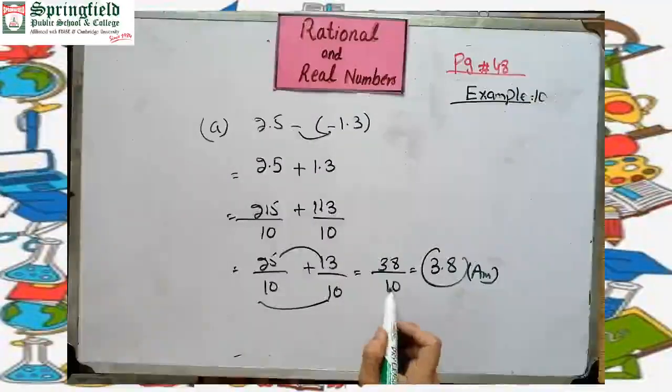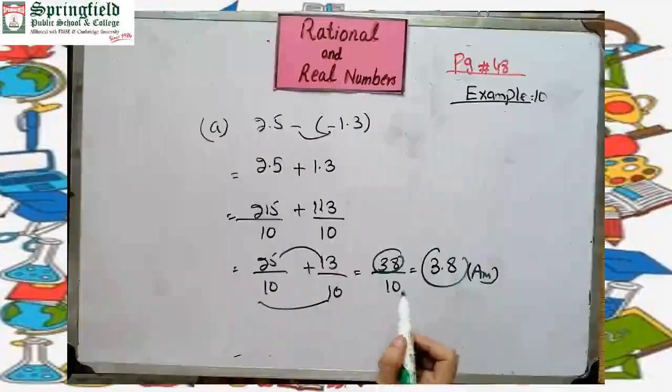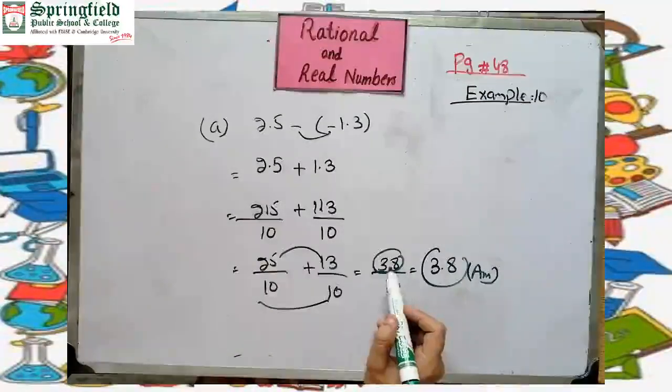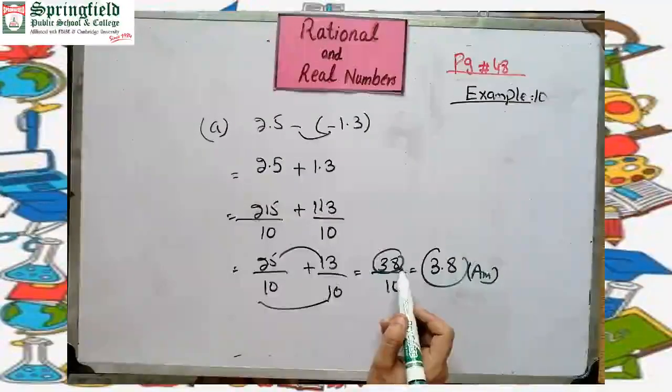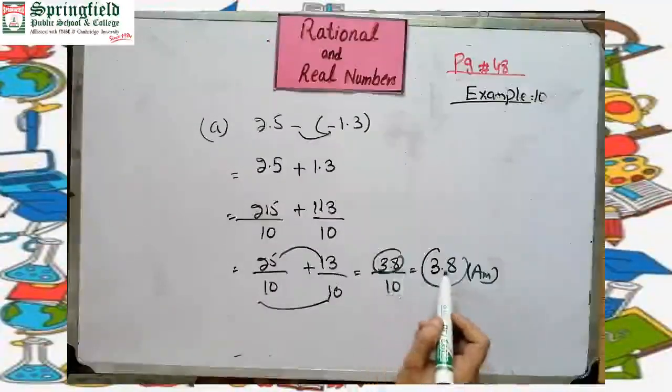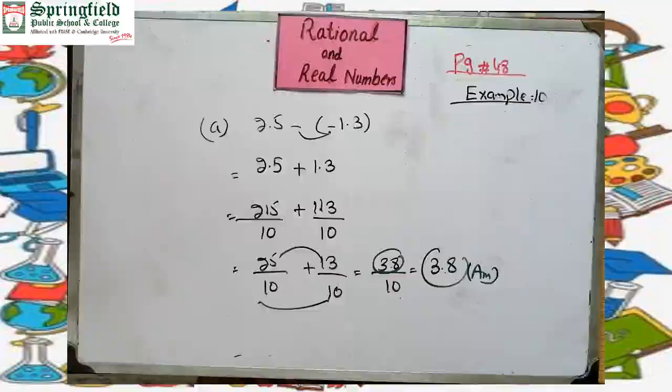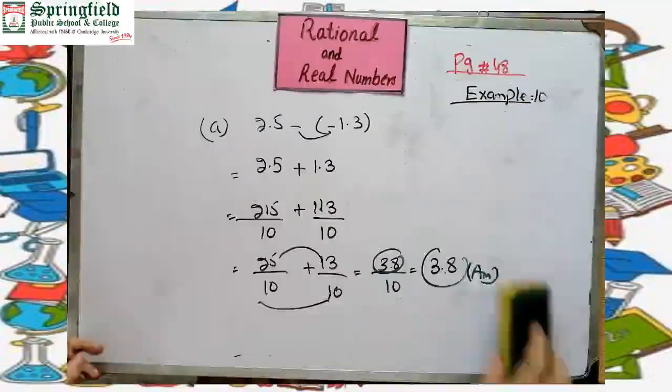How? As we know, when a whole number is divided by 10, 100 or 1000, we check how many zeros are there. Just 1. We will write the point after 1 digit, so we start counting from the right side. So with 1 digit it will become 3.8. Understood, beta? Okay, now practice this example in your rough notebook.